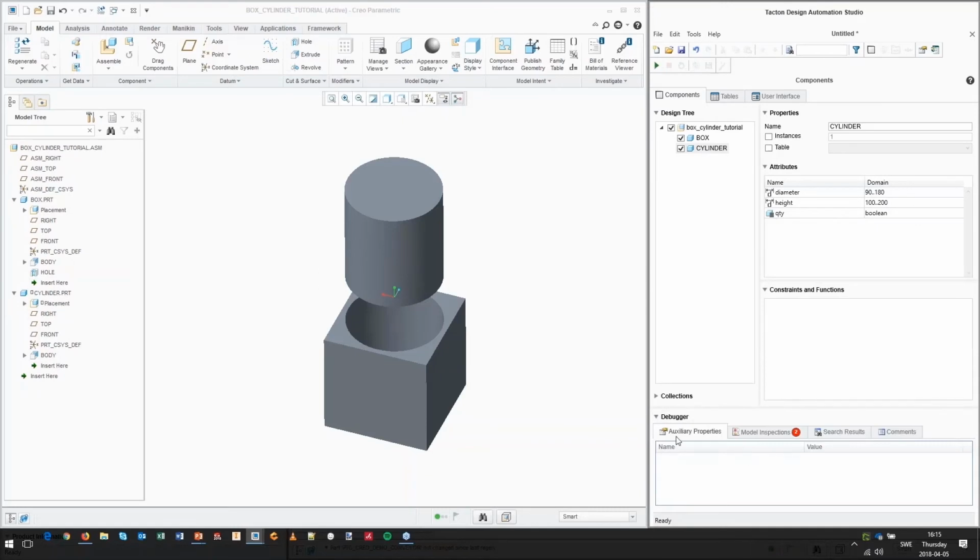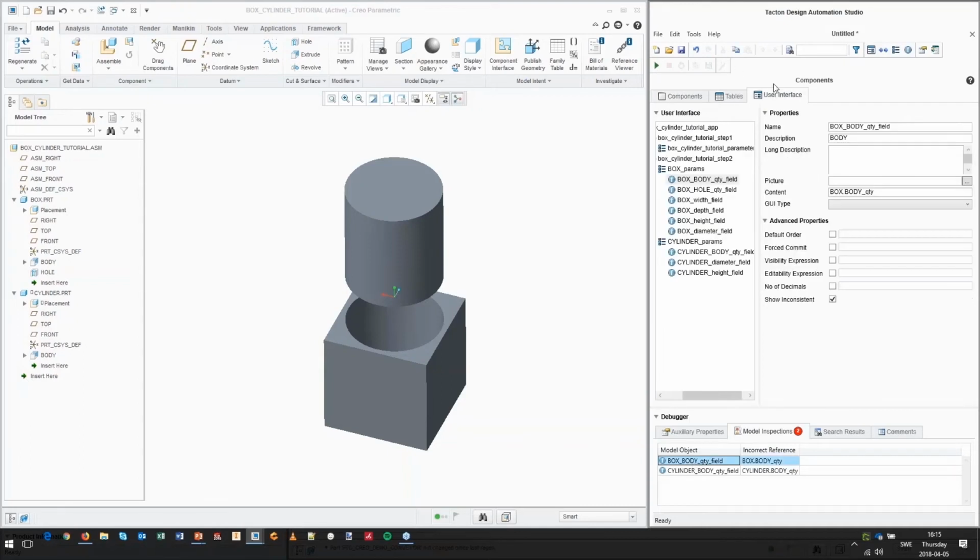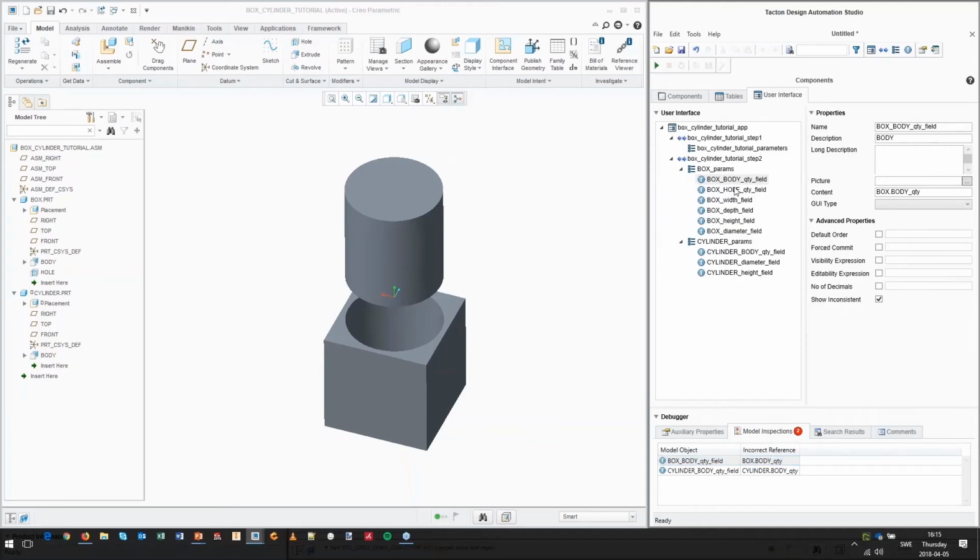We also have a debugger. So here you can see if there's something wrong, you can search or you can add comments. So we actually have two errors here, and this is because we removed the attributes. So if I double click, that takes me to the user interface. And we had some